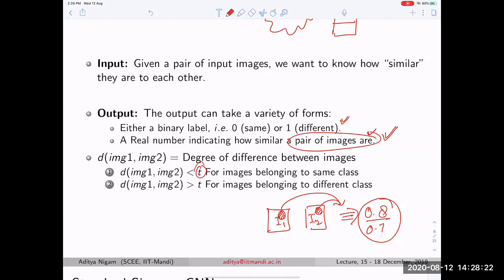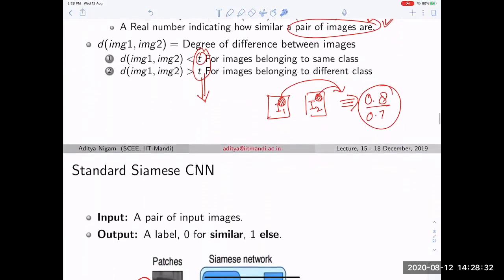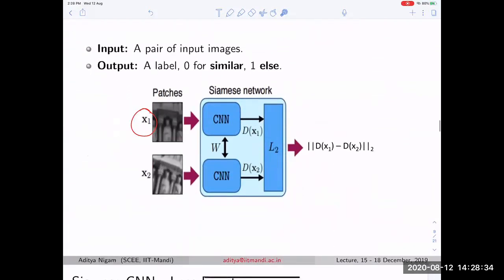And secondly, we need to actually come up with this T, when to say that they belong to class A and class B. Is this okay to everyone? Is there anyone who is having any question about it? Tanmay, Anvay, is that okay? Yeah, sir, what do you mean by averaging?